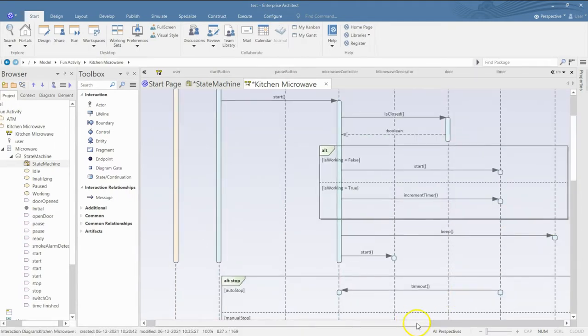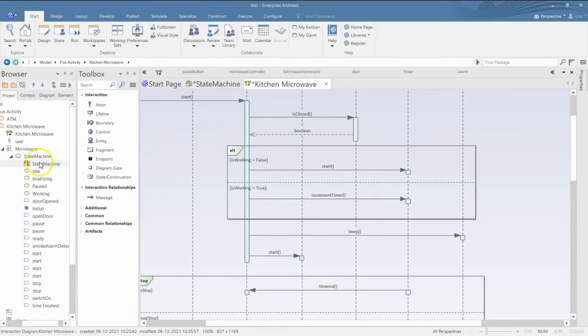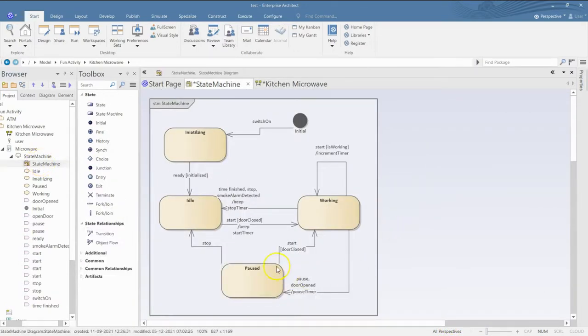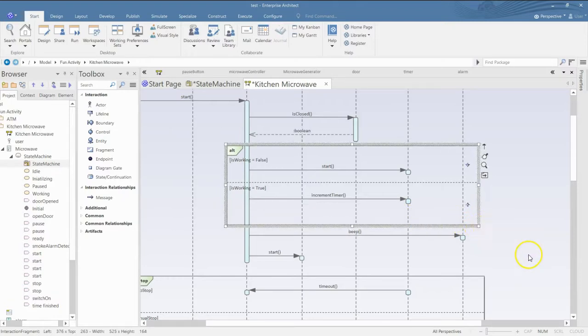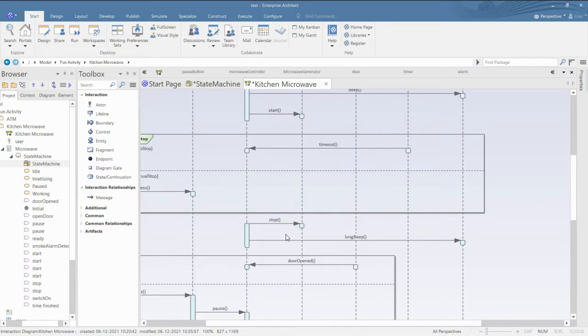Another thing is, let's just go through whether we have taken care of everything. This is smoke alarm detected, we have not taken care of. So let's go there. When the microwave is running, and at that time if smoke is detected, then it should stop the microwave.